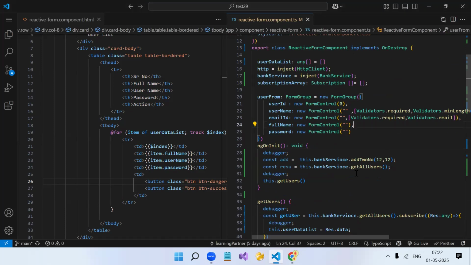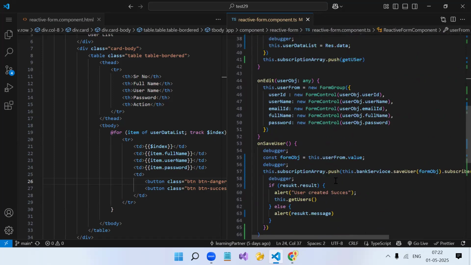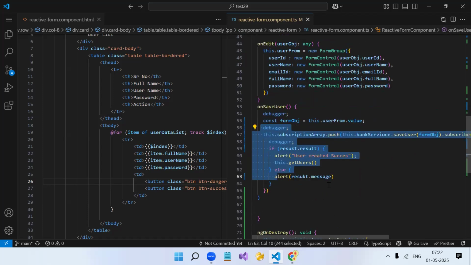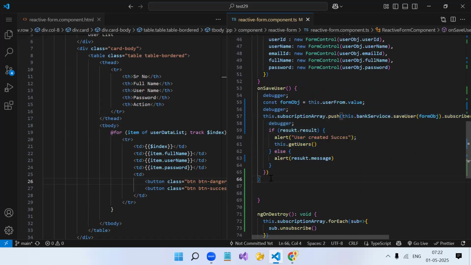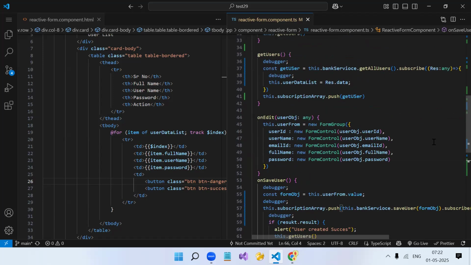Okay, so this is what you need to do. If you are subscribing, you need to unsubscribe. But this is unnecessary code we are writing. Yeah, it's okay. In case of save, update, delete, you have to do it. There is no alternative to that. But in get API,